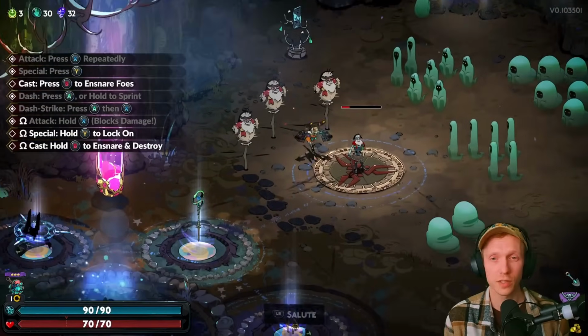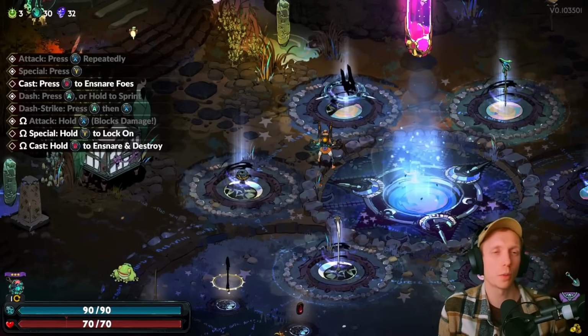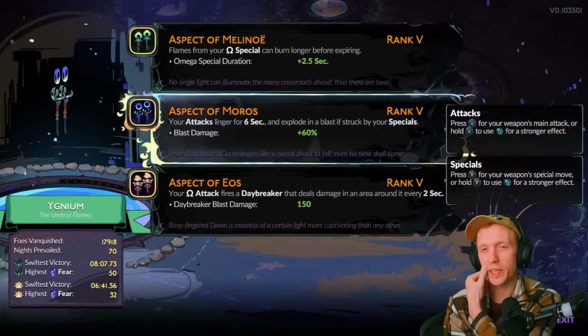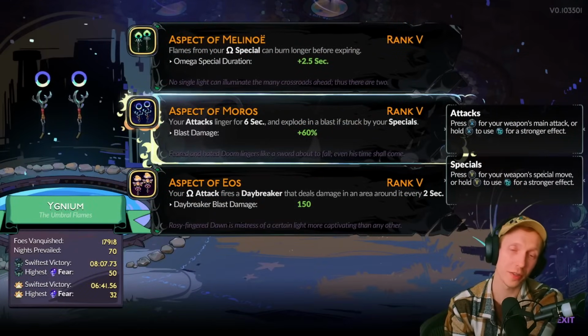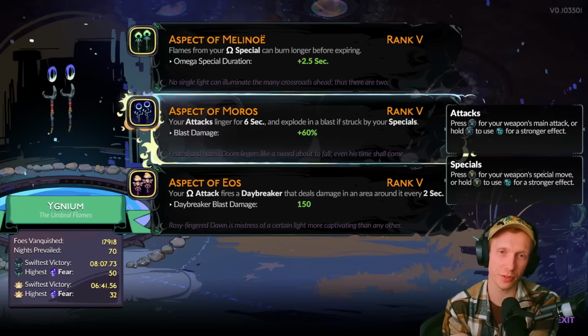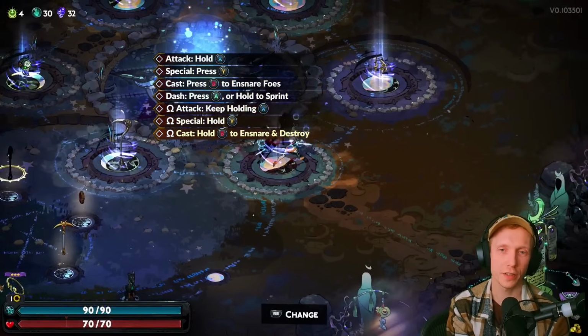I think this is the best case scenario for beating 32 fear on the surface right now. But let's go over at least one more. All right, the next best build I think we got, which is probably, to me, the strongest aspect in the game because it's so hard to mess it up. It is the aspect of Moros. Your attacks linger for 6 seconds and explode in a blast if struck by your specials. That is for